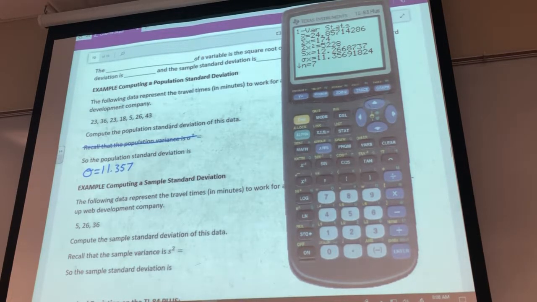But in this case, when you do your calculator, they kind of give us the standard deviation instead of the variance. So if they give you the standard deviation and they ask, well, what's the variance? What you're going to do in this case is we need to do the inverse operation. So kind of like the opposite of what we did previously. So instead of taking the square root, we're just going to take whatever number you have and we're going to square it. So for this example, we found the standard deviation just by using our calculator, and we know what sigma is. If they ask us what is the variance,